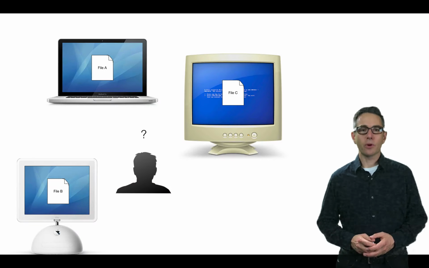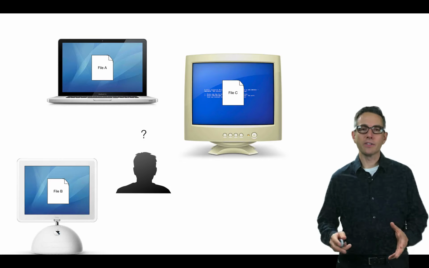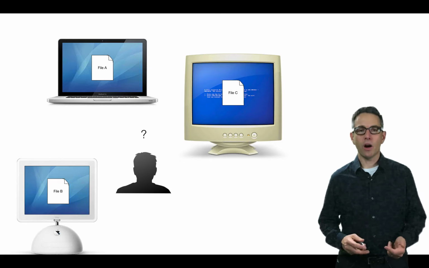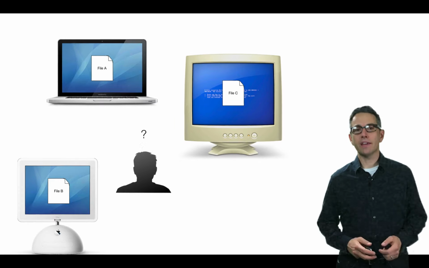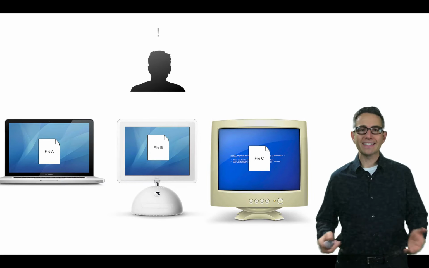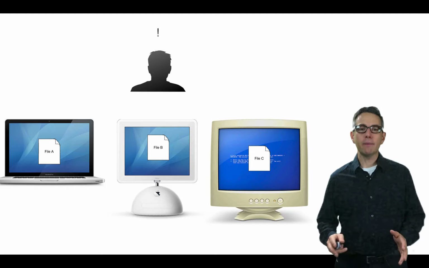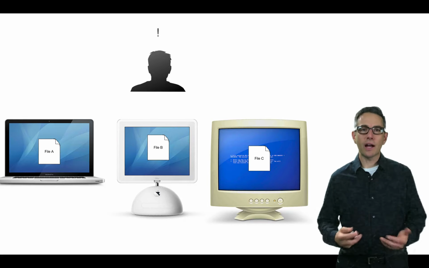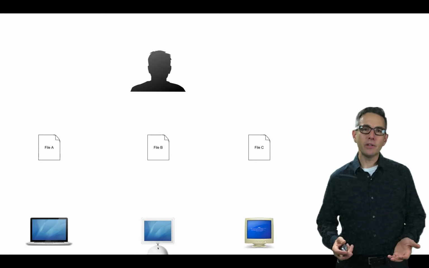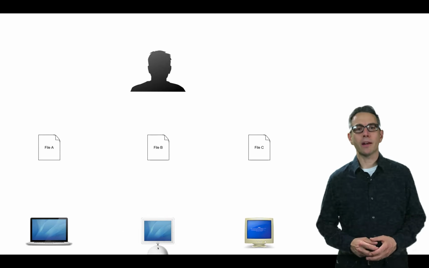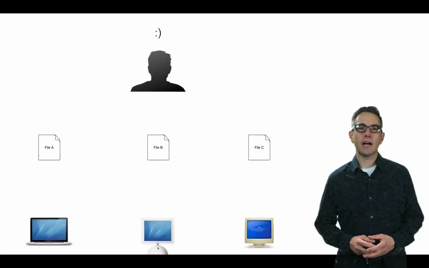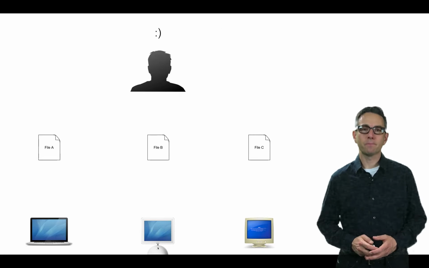So what it looked like before the computers were connected were all these files on different machines, and a user had to keep track of which machine they were on and didn't really have any way of getting them together. As the computers became connected, it became a little bit easier to find the computers, and then as URLs were standardized, the computer that they were on became less important, and the position where those files existed within the network became the dominant way of thinking about the file.